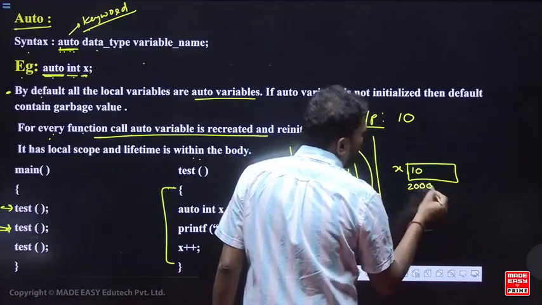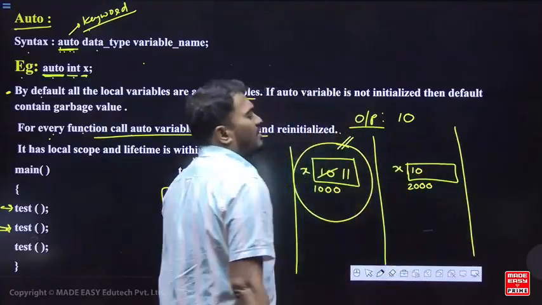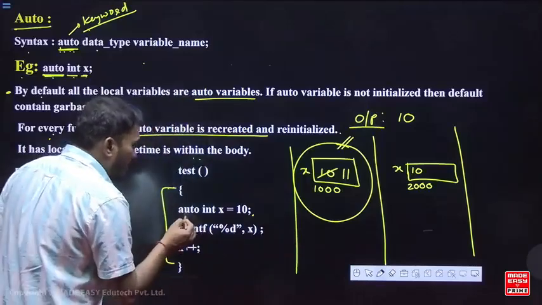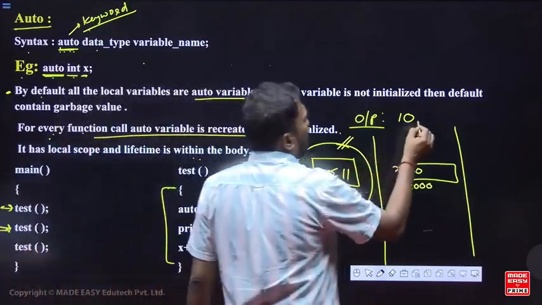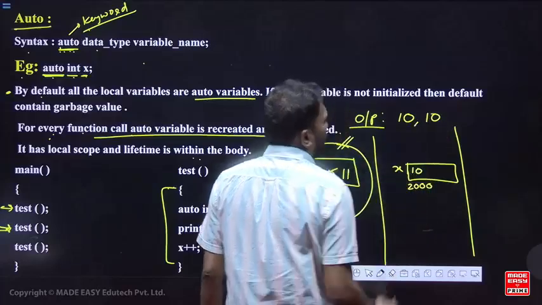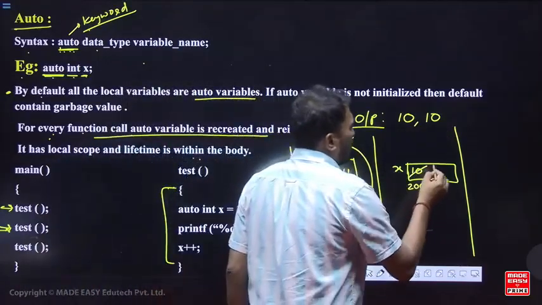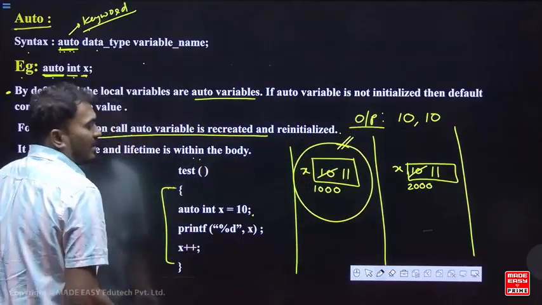Look here, the location is something like 2000. In which segment is it allocated? Same, in the stack segment only. Next it is initialized again with 10, and printf %d x, what will print? 10 will print. And next you say x plus plus, so x value becomes how much? 11. And next, once you come out of the closing bracket,